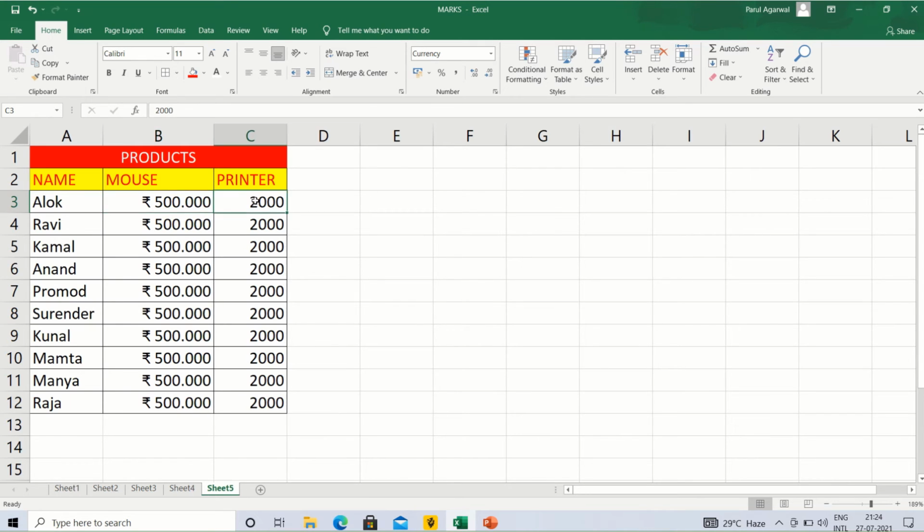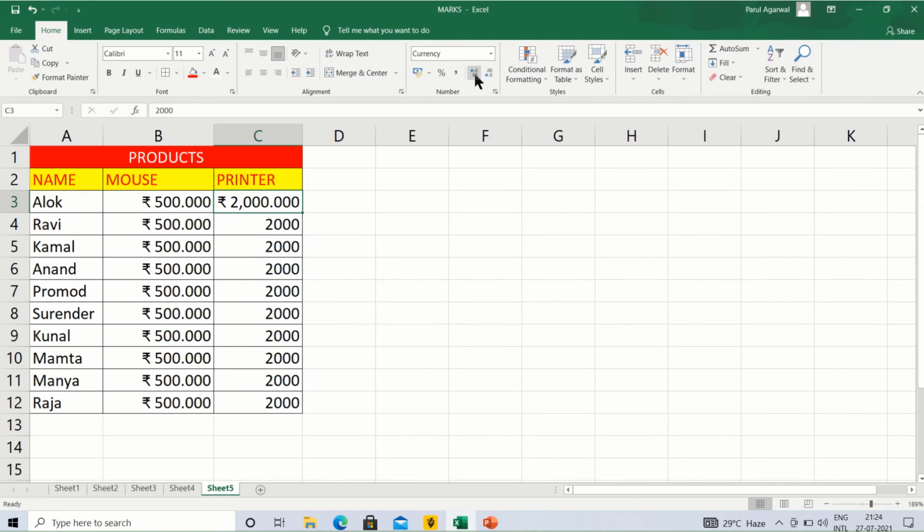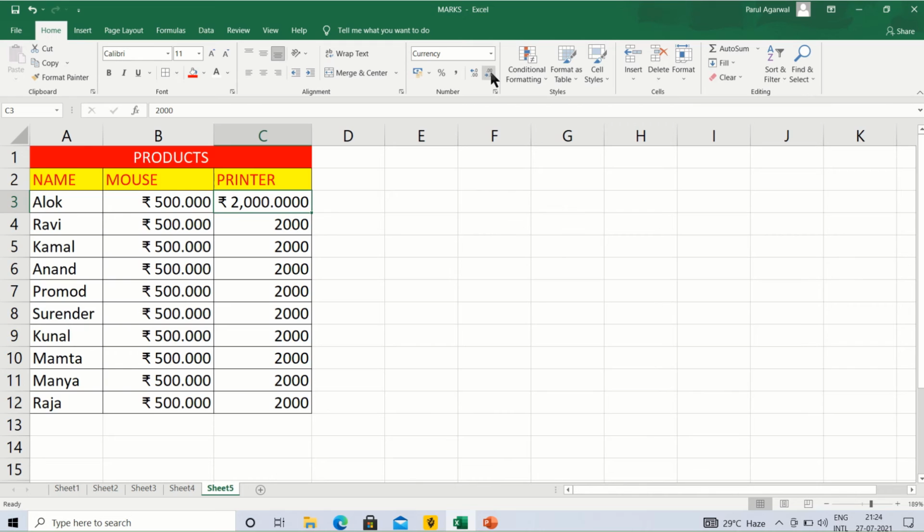In the same way, suppose we want to apply general currency, rupees is applied, and if we want to increase the decimals, we can increase like this. If we want to decrease it, we can decrease like this. It can be decreased also. So this way we can do the formatting in MS Excel on numbers.